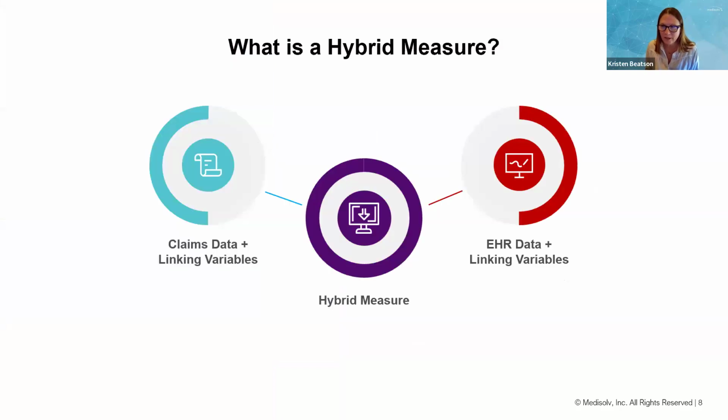And so I mentioned they're going to link this data, they're going to merge it together. And how they do that is through linking variables. The linking variables are a part of the claims data and a part of the EHR data, and they need to match. There are 6 linking variables that should be in the claim, 6 linking variables that should be associated with the patient, the encounter in that EHR CCDE file data. And that is how they link the claim for that encounter with the patient data in the QRDA file, those CCDEs that are associated with the same patient. They link those together and they come up with that measurement as a part of that process.